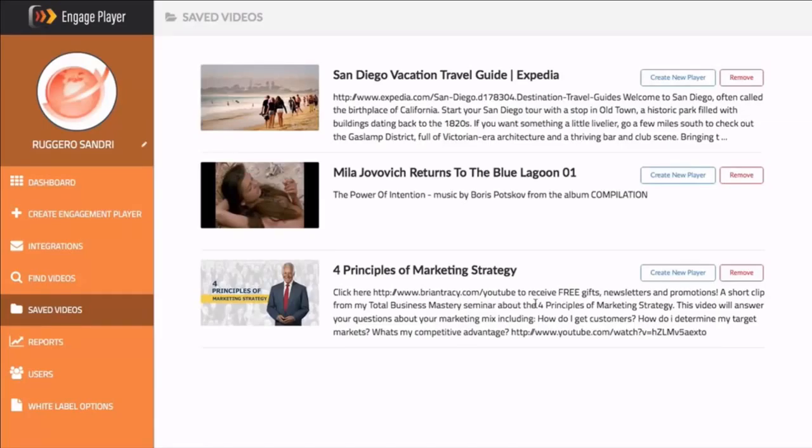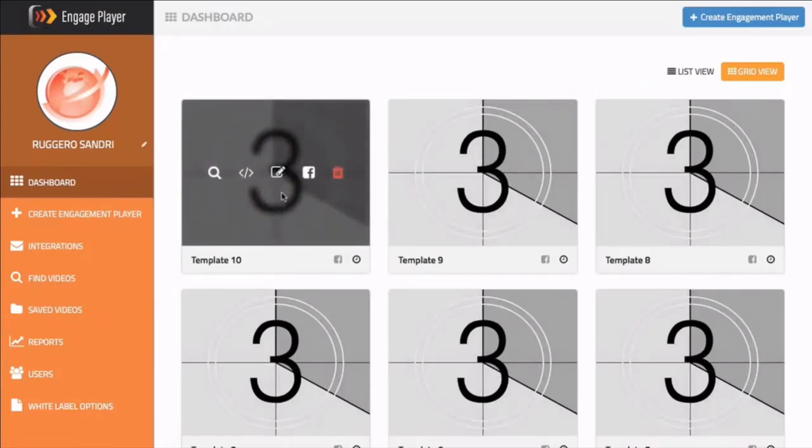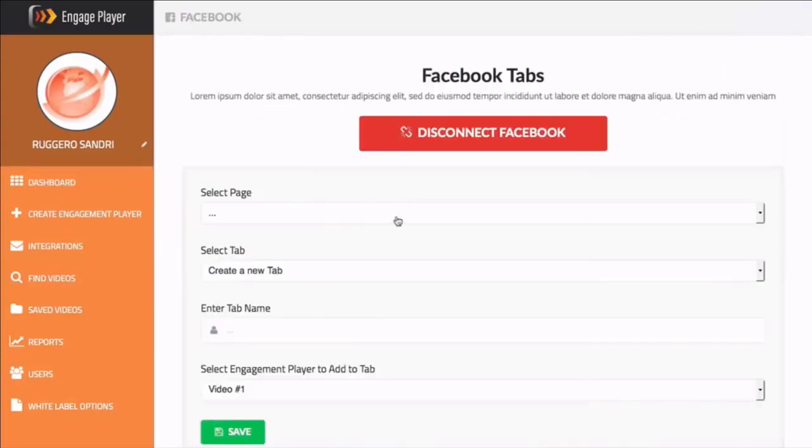So this is a great way for you to go ahead and save those for later use. And you can create that new player right from this button here as well under the save videos. Now, the other feature on the first OTO here is the push to Facebook. Okay, so basically what this is going to allow you to do, and I'm going to go ahead and click this for you,